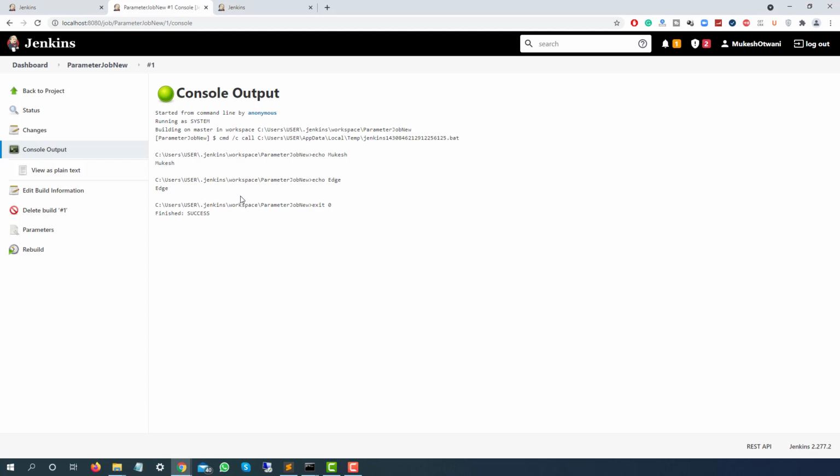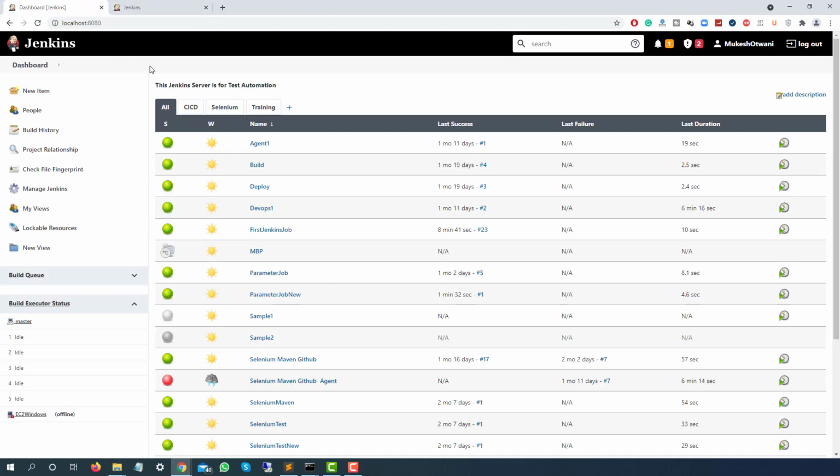So before we move to the authentication part, let me also show you 2 very interesting commands, because this will help you to create jobs. I will say create multiple copies. You can use this command for backup as well. Now let's see how you can create a Jenkins job using Jenkins CLI.